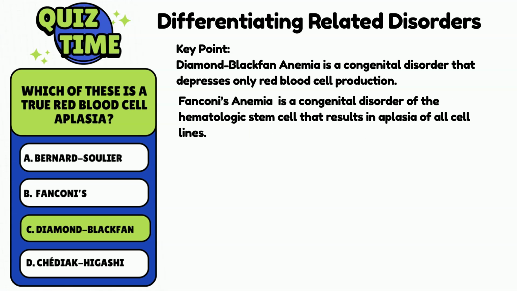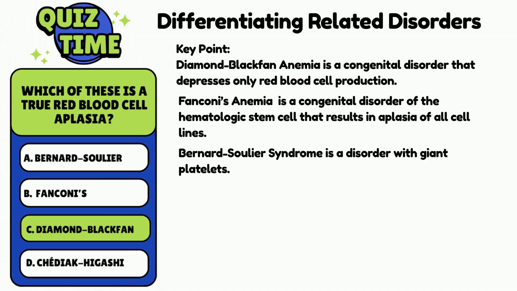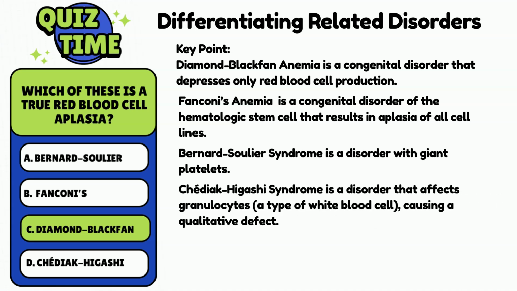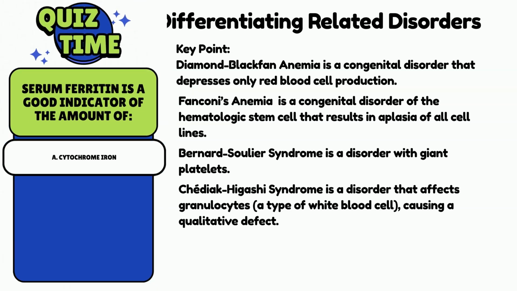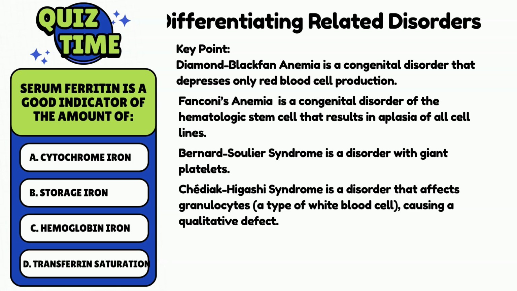Fanconi anemia is a congenital disorder of hematopoietic stem cells that results in aplasia of all cell lines. Bernard-Soulier syndrome is a disorder with giant platelets. Chediak-Higashi is a qualitative disorder of granulocytes. Serum ferritin is a good indicator of the amount of